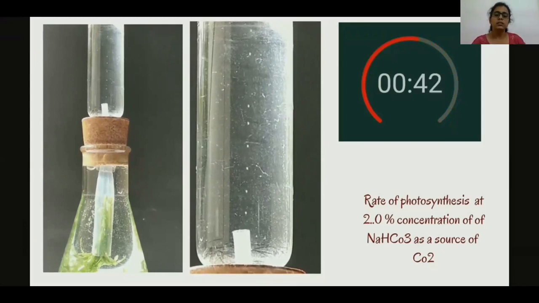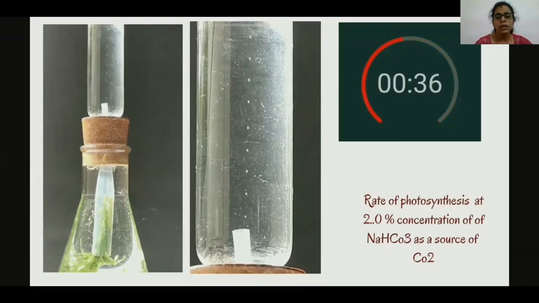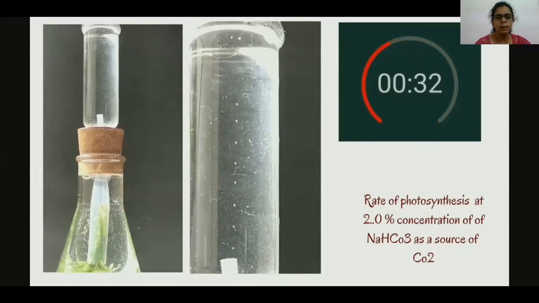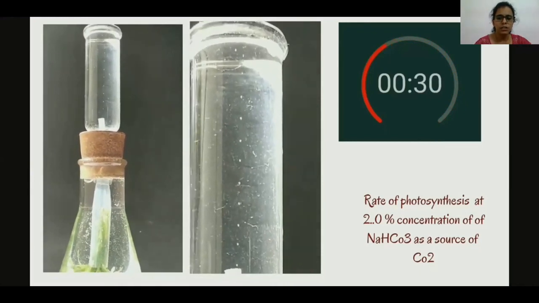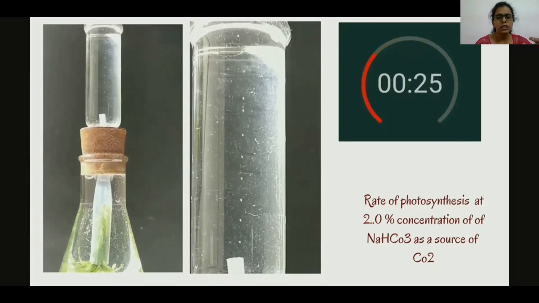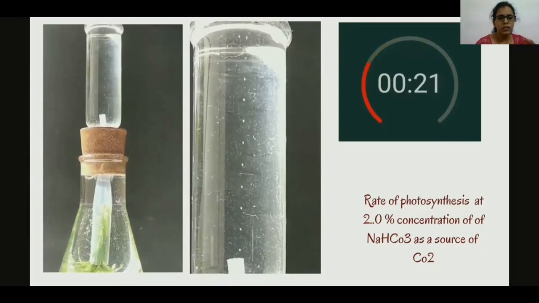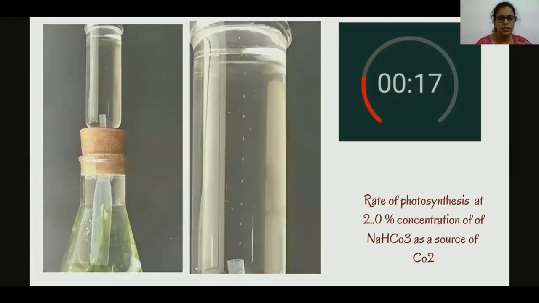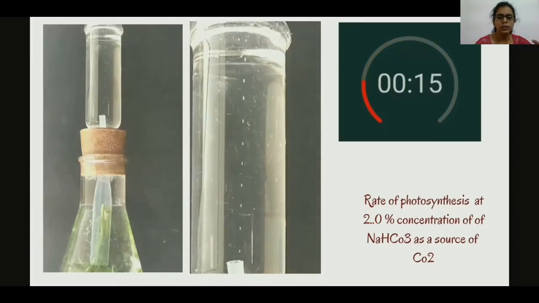So this shows that as carbon dioxide concentration increases in the solution, or in the pond water, the rate of photosynthesis in these aquatic plants will also increase. But remember, the rate of photosynthesis will increase only up to a certain point, because at that point any other factor which is important for photosynthesis will become a limiting factor. The supply of that factor will reduce.